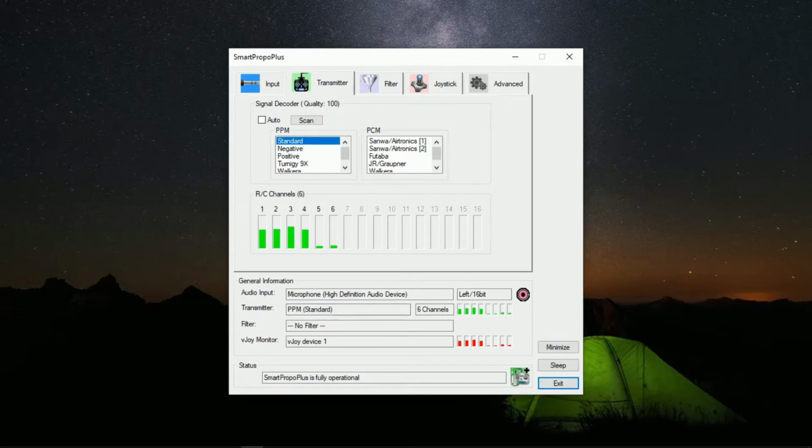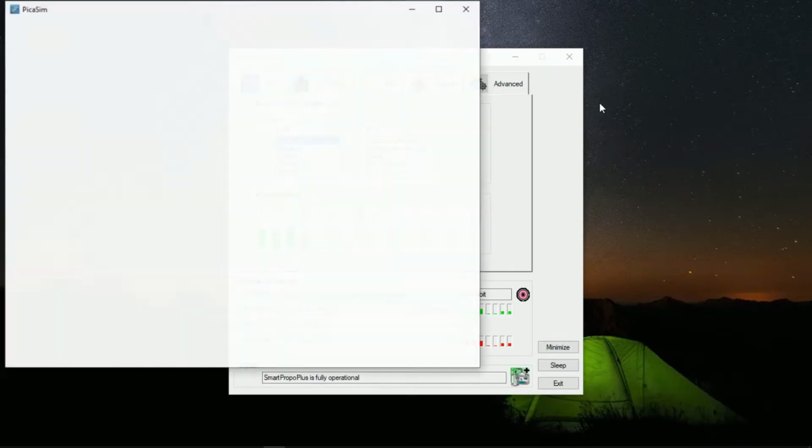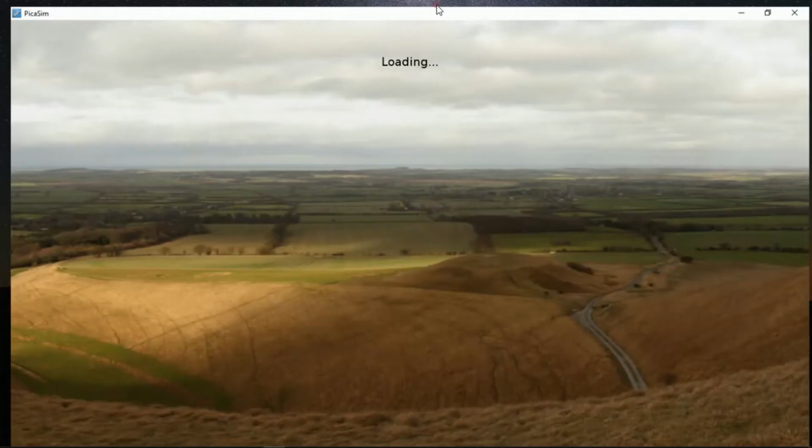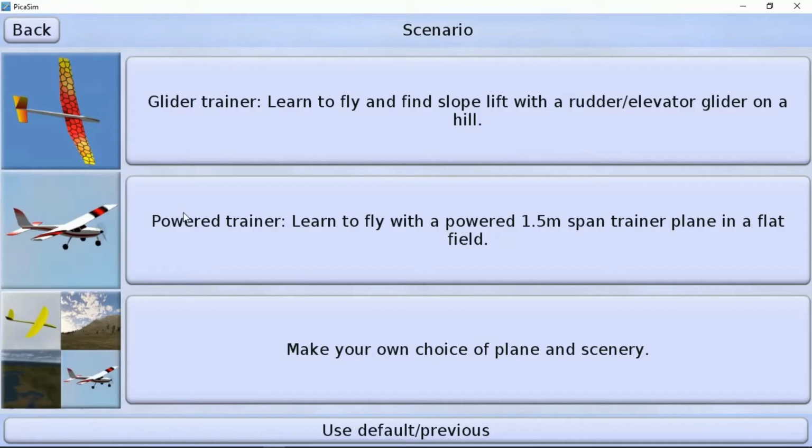Now we will open the PicaSim simulation software. Click on FreeSky.